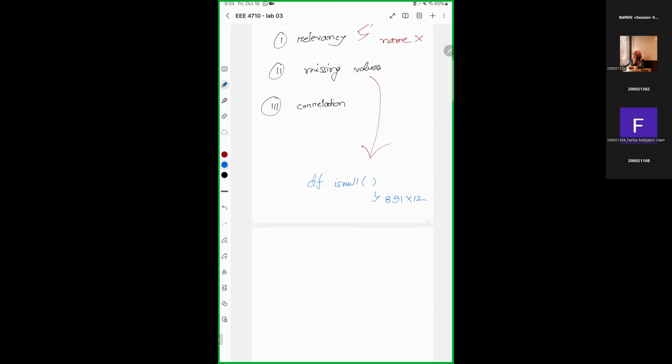isnull. So this actually shows you the overall idea, but we just want the summary. So what we can do, we can call this function this way: df dot isnull. Then in a bracket, you call another method. So this is like second degree method calling. So you call a method on the output. This is your first method. On this method, you call another method that is sum. This is going to give you